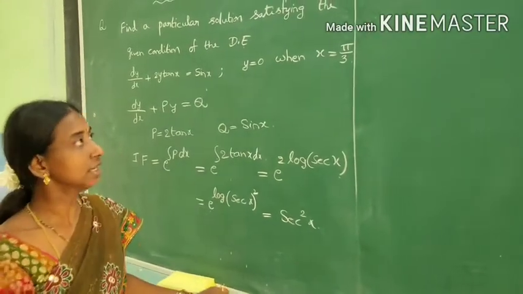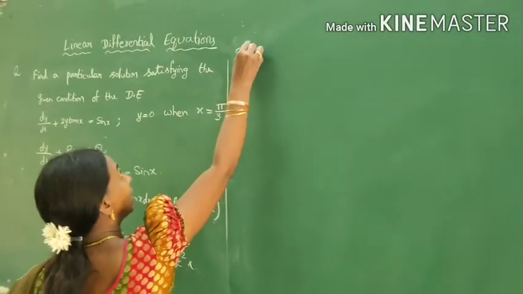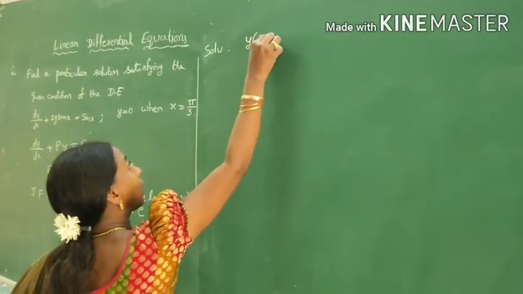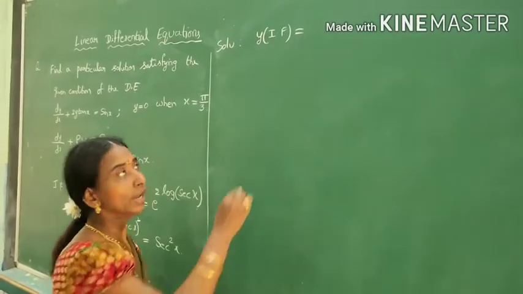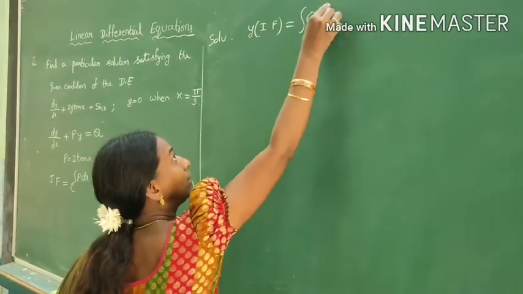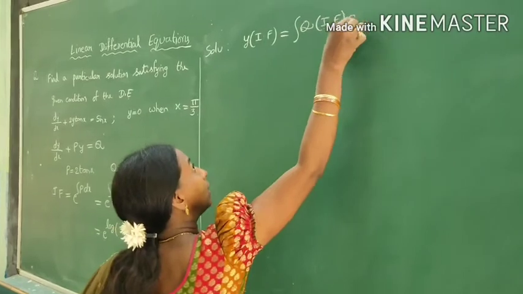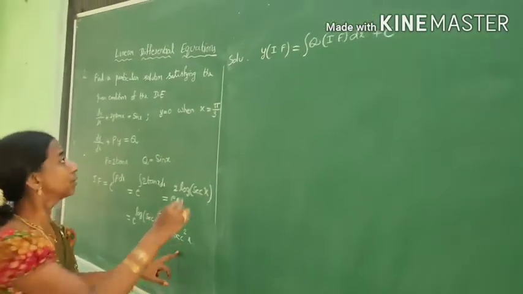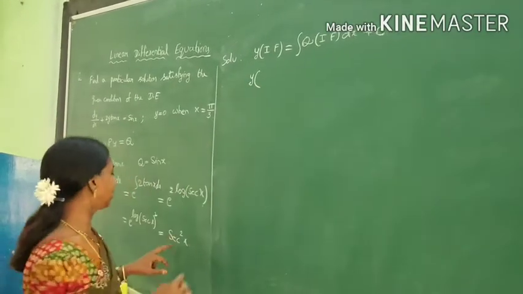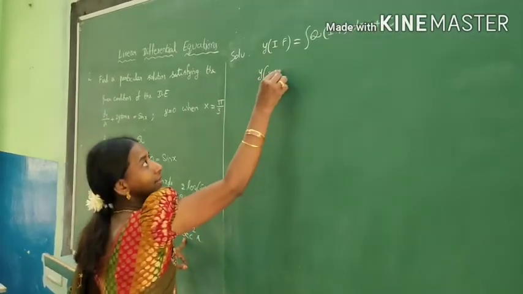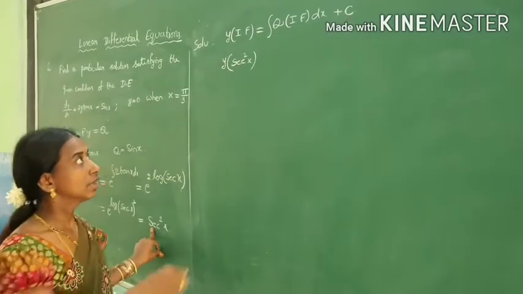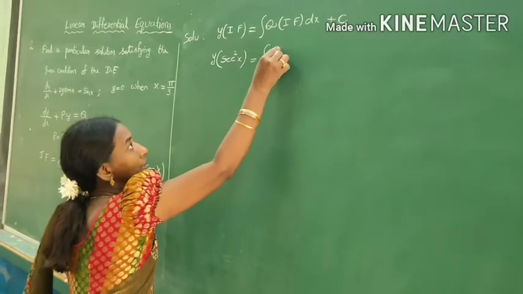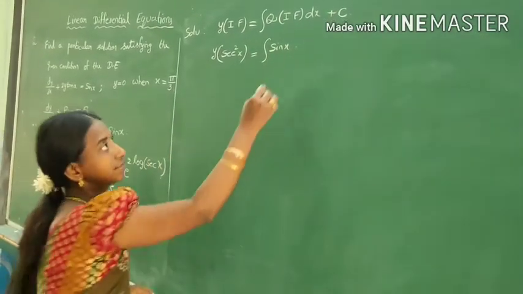Now let us find the solution. We know the solution is y into integrating factor is equal to integration of q into integrating factor dx plus c. So here y as it is, integrating factor is sec square x, is equal to integral of q, which is sin x, into again sec square x